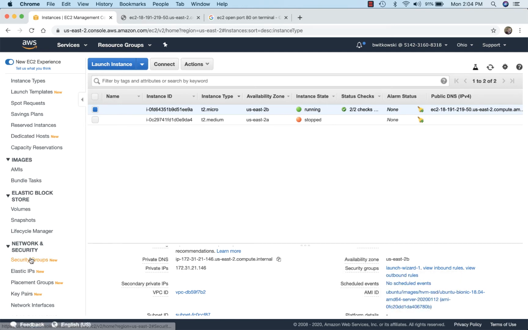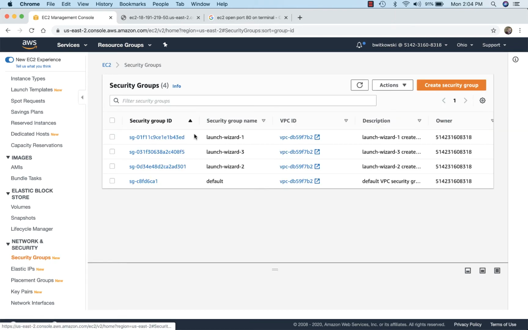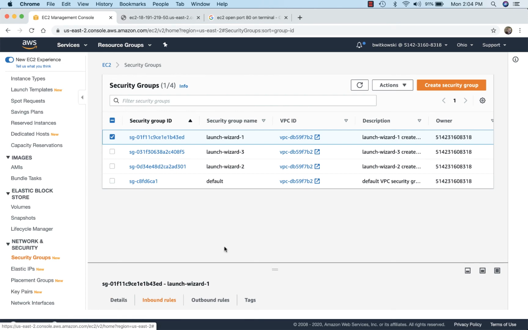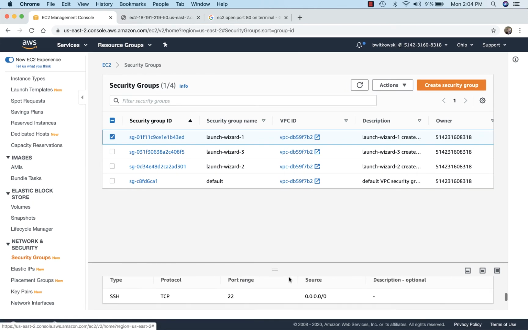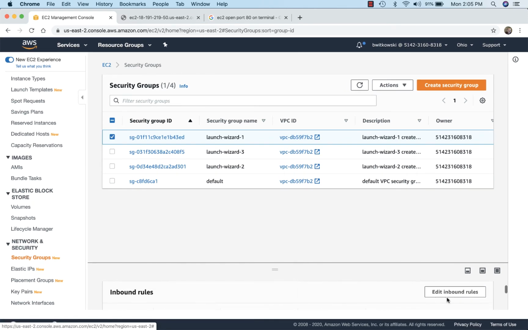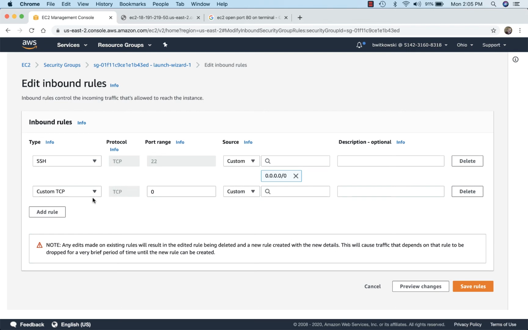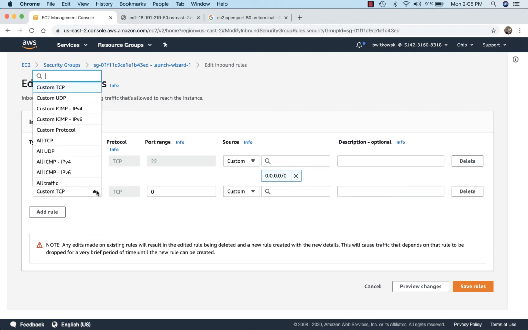So what I want to do is go to the security groups, look at this Launch Wizard 1, and look at the inbound rules for that. If I scroll down, I should be able to edit the inbound rules. Okay, so SSH is there, which is great. I want to add another rule for HTTP,